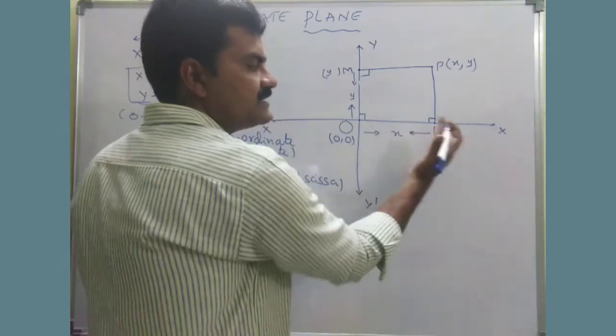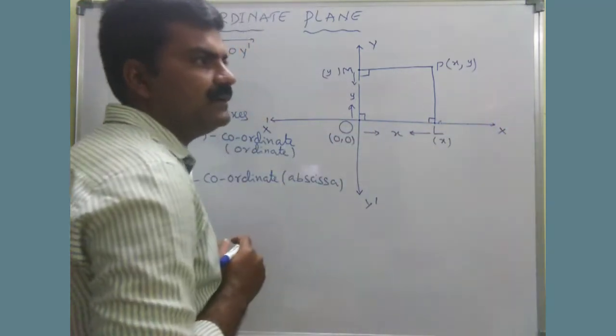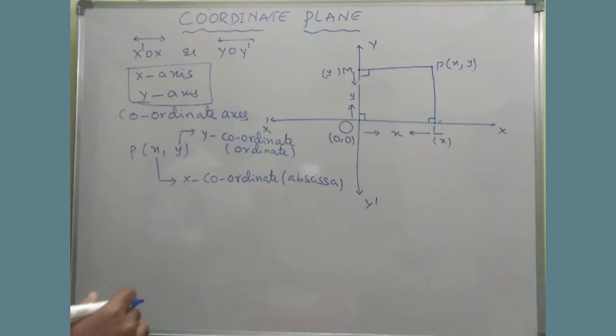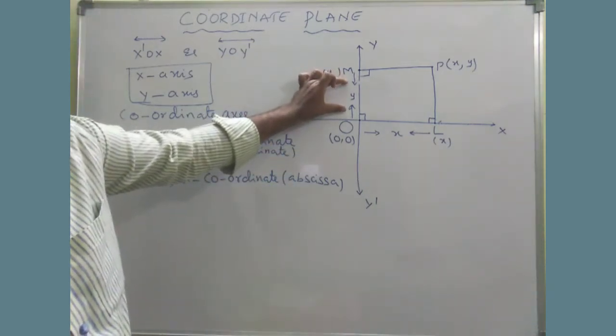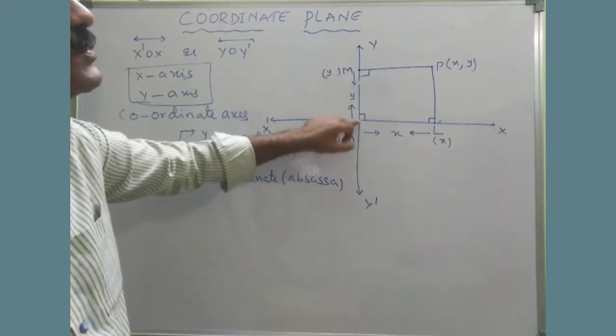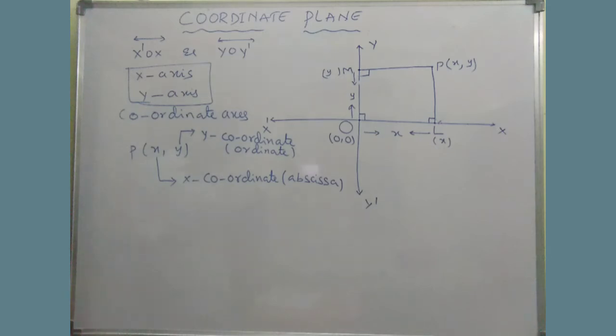That particular distance from the origin along the x-axis is called the x coordinate. In the same way, the directional distance from the origin along the y-axis is called the y coordinate. Understood? So thus, every point can be represented as an ordered pair of